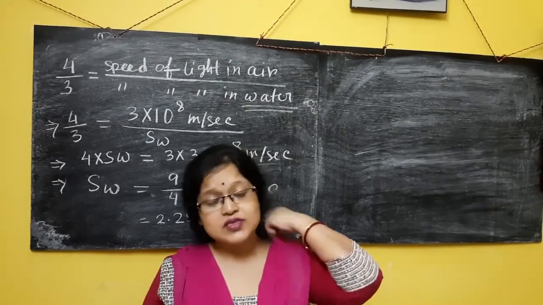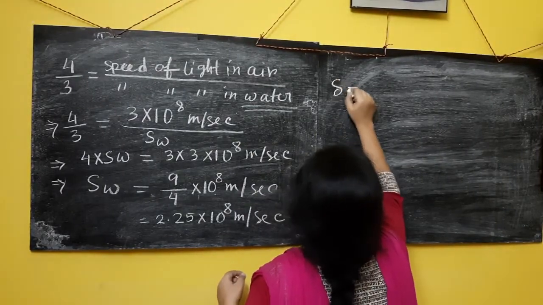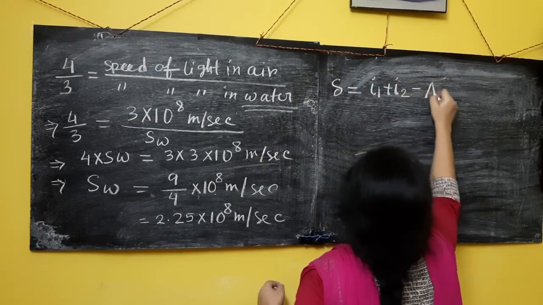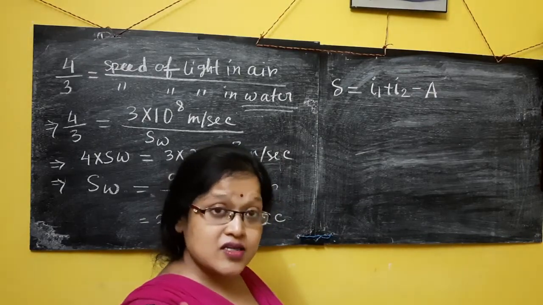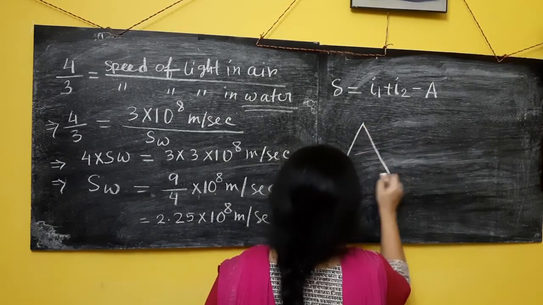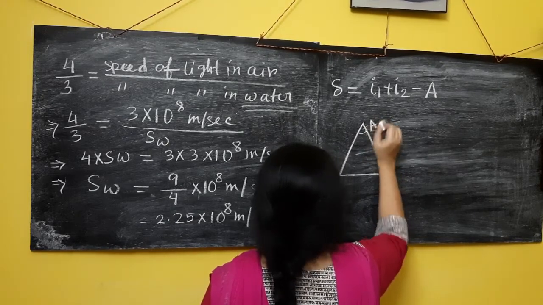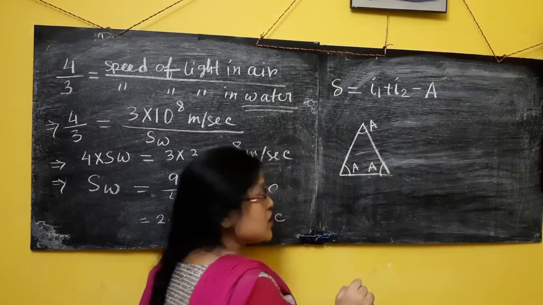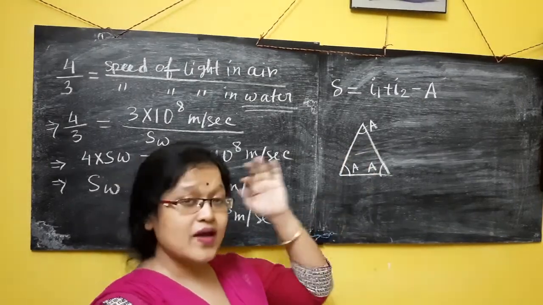We know from the prism that the angle of deviation delta equals, what was the formula? Delta equals I1 plus I2 minus A. A is what? The angle of prism. As it is a revision class, I am giving you a recapitulation. Angle of prism means the angle between the surfaces, so this is A. This is called angle of prism, this is also angle of prism, this is angle of prism. Depending on my incident ray, I will take any one angle as my angle of prism.